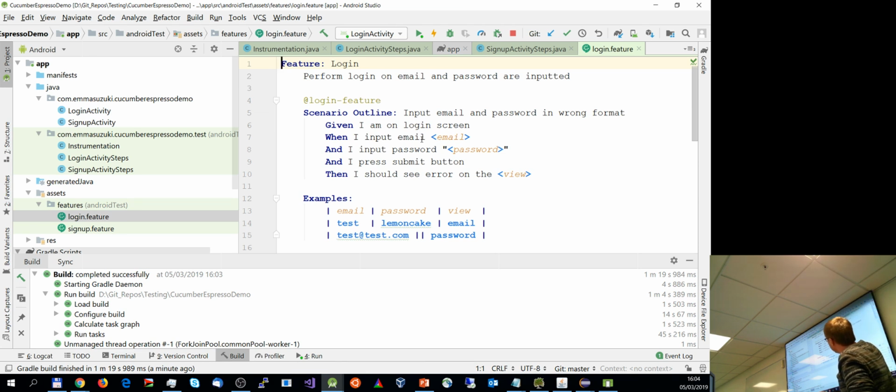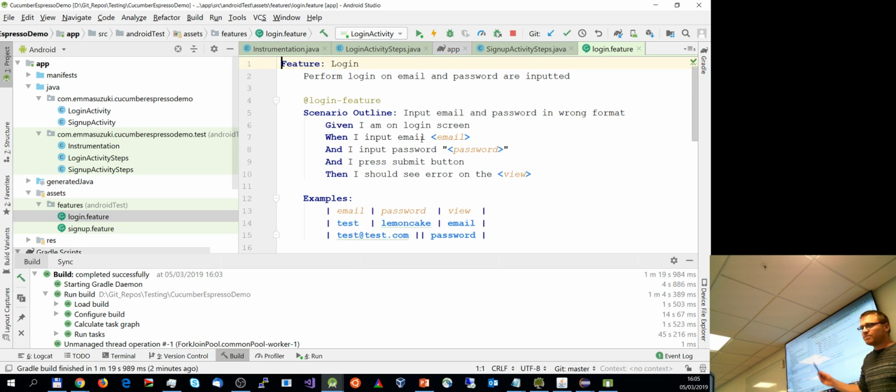If you then look at the feature, you have the tag login feature, so it basically is tagged already, and it says the scenario is the scenario outlined above, and then it's actually breaking down what individual steps and preconditions are or have to be met to actually facilitate this, and that's the idea here. So given that I'm on login screen, right, when I input email has the link to this particular table here. Which is basically a kind of CSV kind of approach. So it basically can use those different entries in the corresponding columns, right? So here, email, password, and view. If I input a given password, again borrowed from the table down here, and I press submit button, I should see the